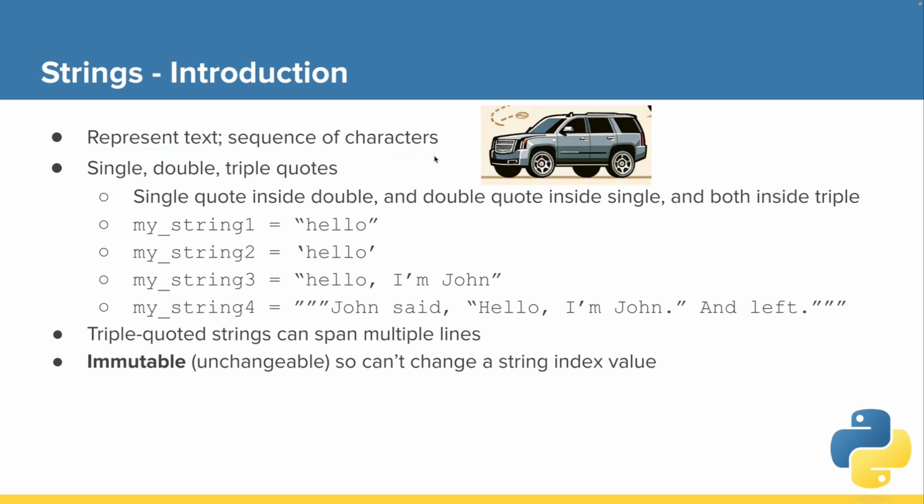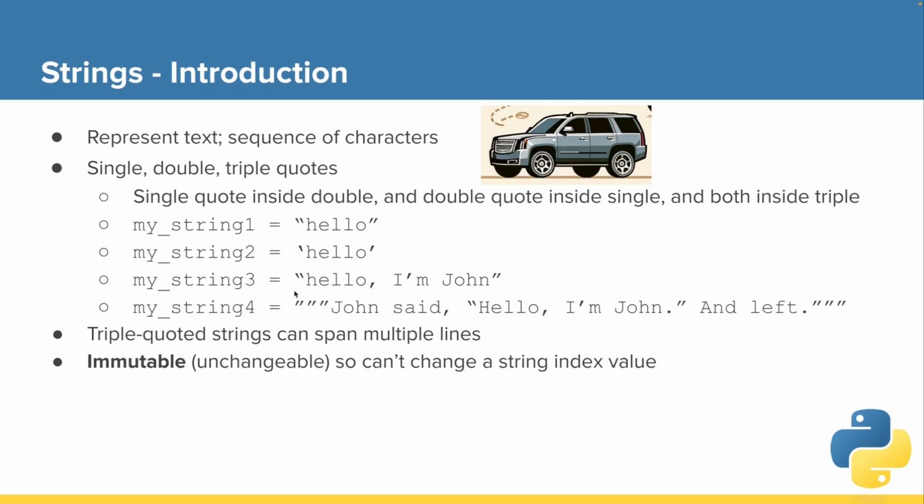In other words, we might say that strings are words in some senses and are made up of letters, if that makes more sense. But we'll talk about it in terms of characters a lot. And anytime we see a variable with the value being quoted, that is a string. Again, that is how Python knows that it is a string data type, going back to our vehicle analogy. And we can represent strings in multiple ways with either double quotes, single quotes, or triple quotes.